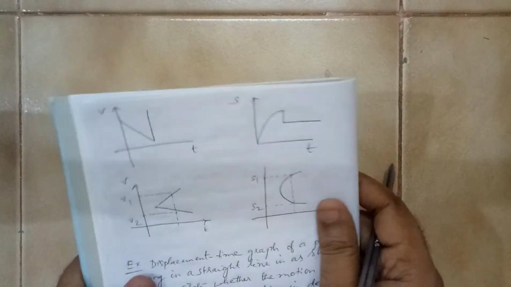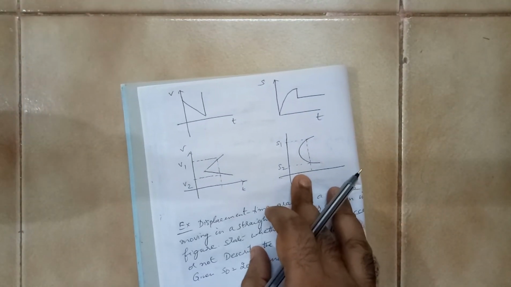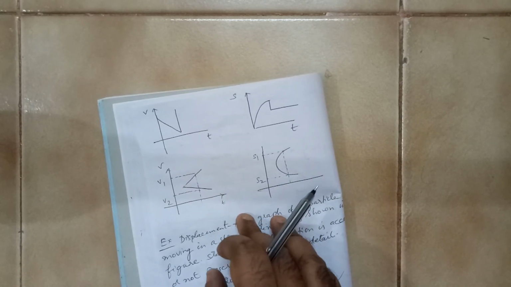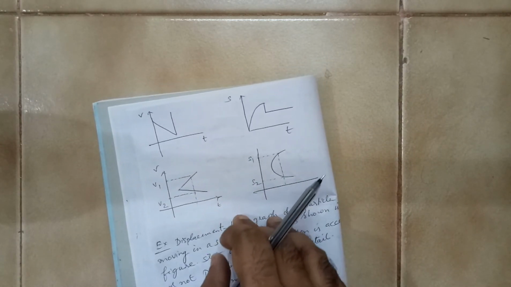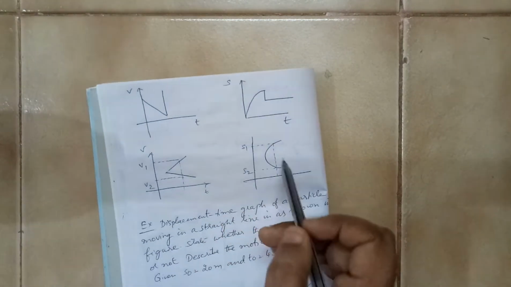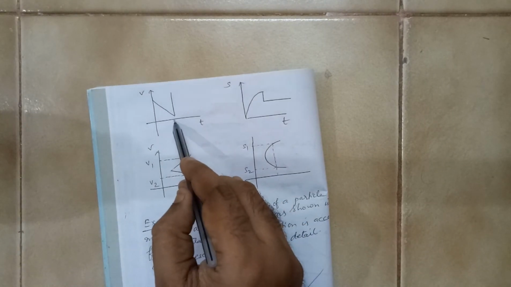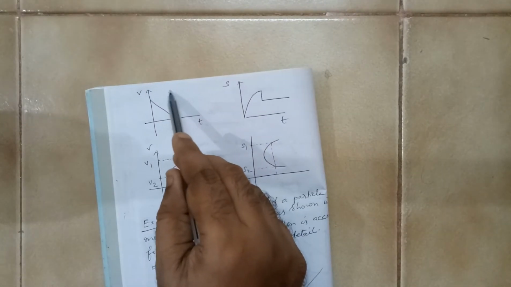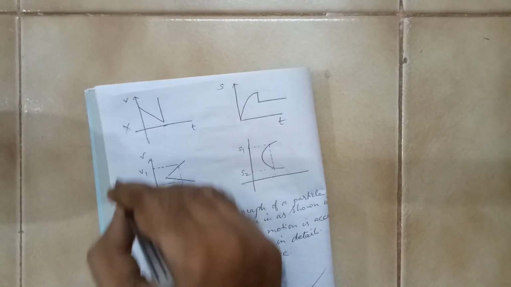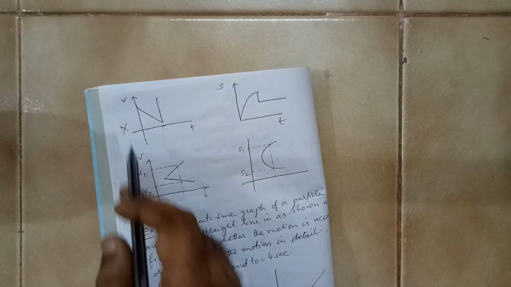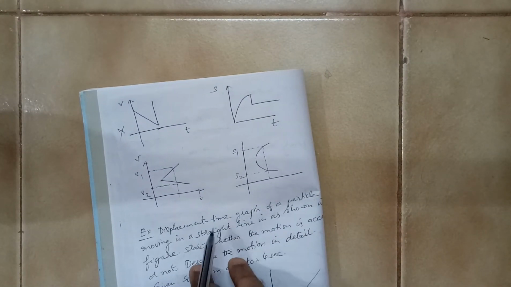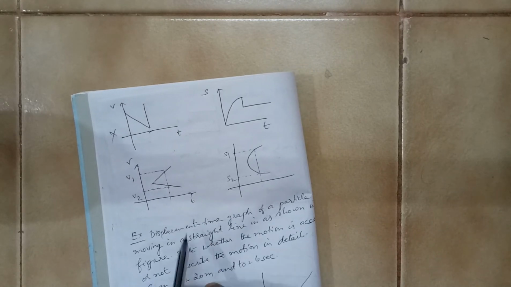So some points we need to remember, that if I ask you that at a particular instant of time, are two velocities possible? Two displacements possible? The answer is no. It is not possible. Look at this graph shape. At a particular instant of time, it has got different velocities. It is not possible. So this graph is not possible. This is a VT curve. They will test you asking this type of questions. You should be able to identify which is the correct option.